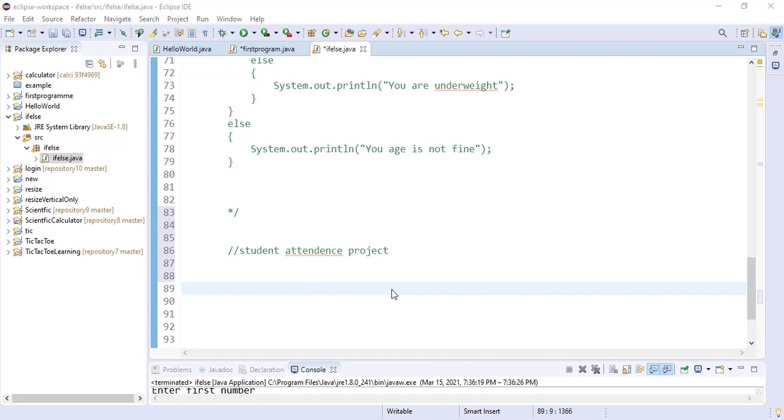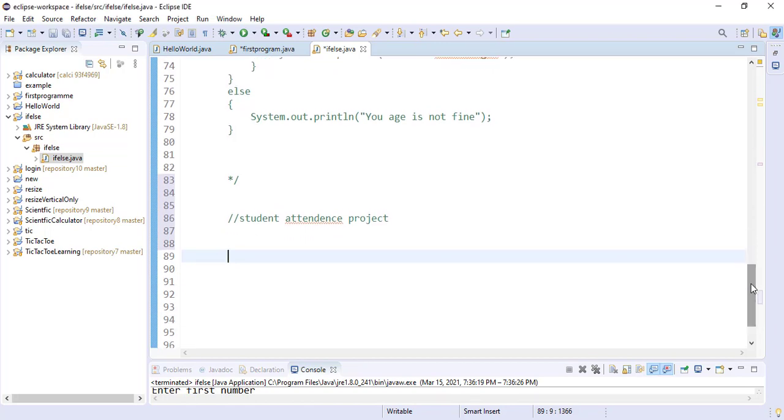For calculating the attendance of any student, first of all I need two pieces of data. One is total days, and one is how many days the student is coming. So let's declare some variables. In type int, I give the variable name td for total days, then cd for coming days, and then I have to store the result of attendance, so I declare a third variable at.